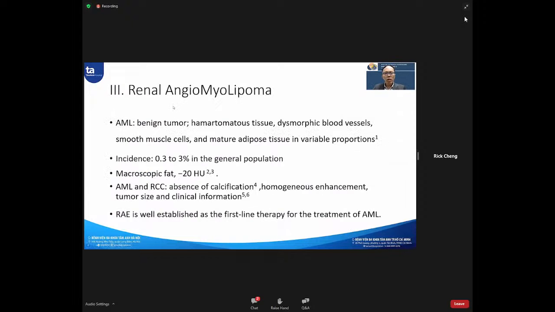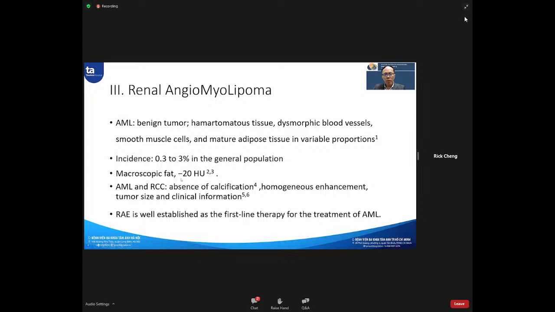So how about the renal angiomyolipoma? AML is a benign tumor. It contains soft tissue and variable vessels inside. The incidence is less than 3% in the general population. The characteristic of AML is macroscopic fat,